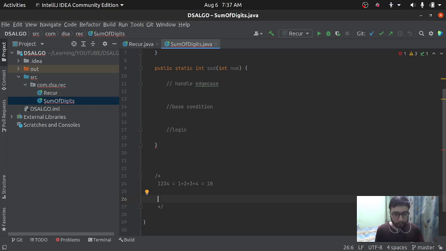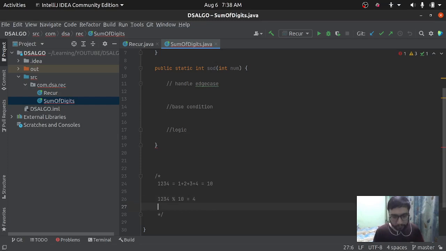If we have a number, we need to add all of its digits. The simple thing we can do first is take the modulus of this number. What if we take the modulus of 1234 with 10? We'll get 4.